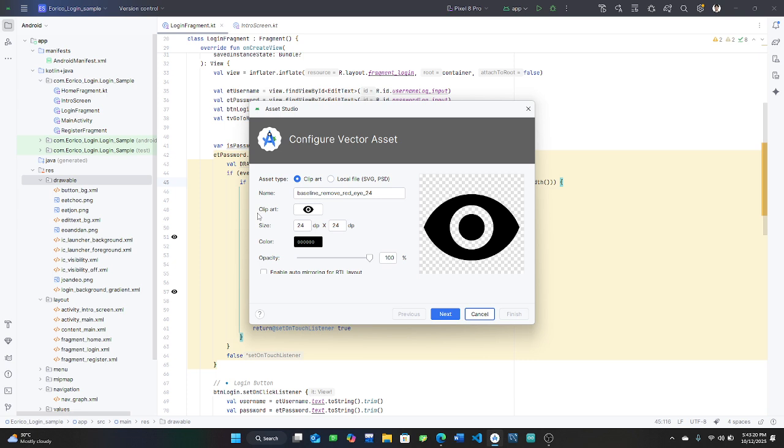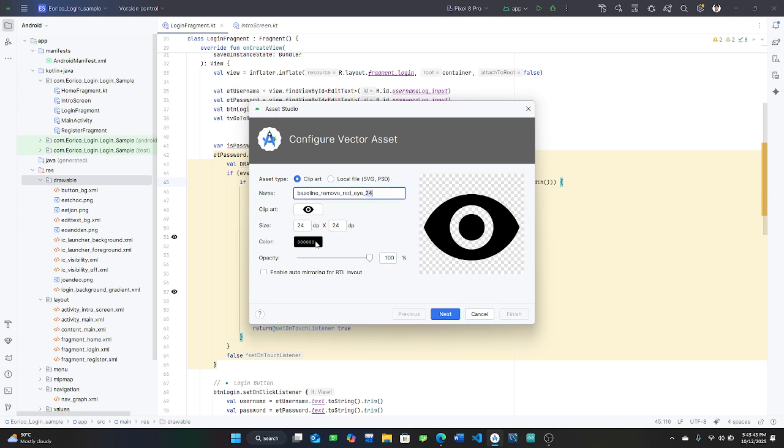We are using the eye icon because the main function of the toggle is to view. So the eye is for viewing. You should add two for that. You should modify the name and the color.